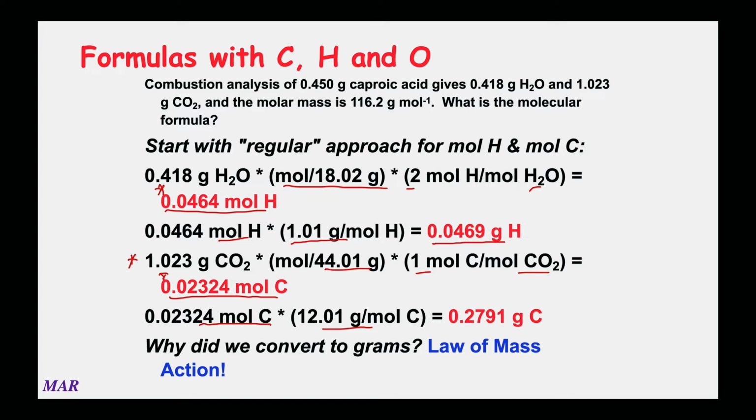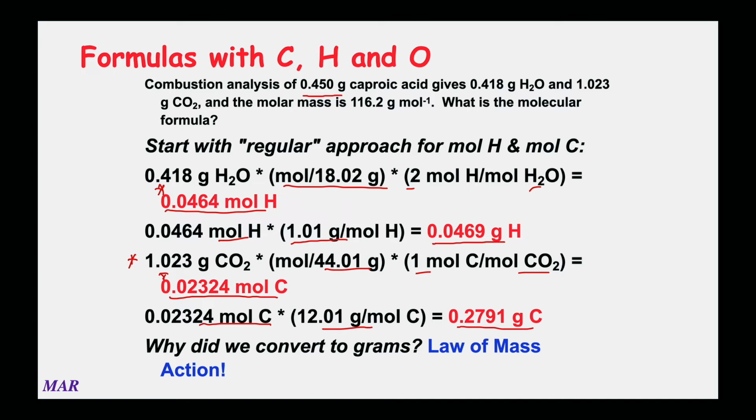So 0.02324 moles of carbon represents 0.2791 grams of carbon. Why did we do that, Dr. Russell? Oh, I'm so glad whoever asked that question. The point, let me get the exact number. There it is. The 0.450 grams caproic acid represents all of the carbon, hydrogen, and oxygen